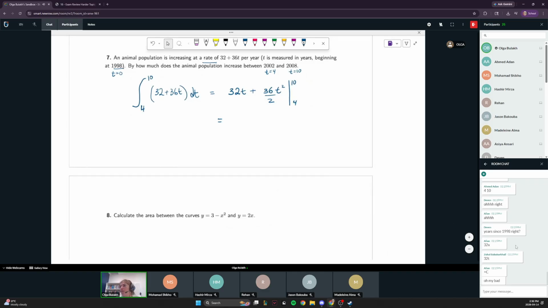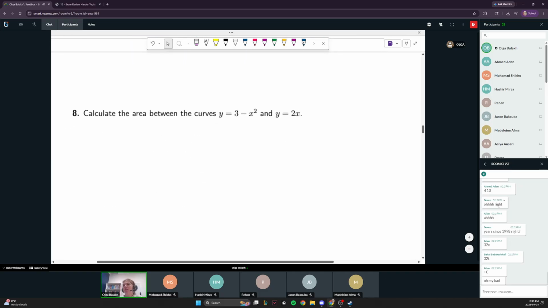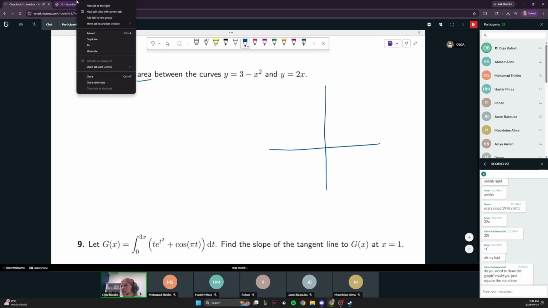So question number 8. Calculate the area between curves. Do you know how to do this one? First thing you want to do is plot it on the xy plane and find points of intersection, because area is the integral. You need to integrate, but it helps to know where they are intersecting and which one is above and which is below, so you're subtracting properly. Okay, so if I draw this,